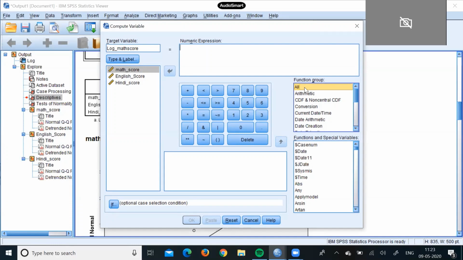Now you will select the function from here, and from this box you will select log base 10, like this. I have selected this. Now you will click on math score, then click on OK. Now what will happen, let me share this.